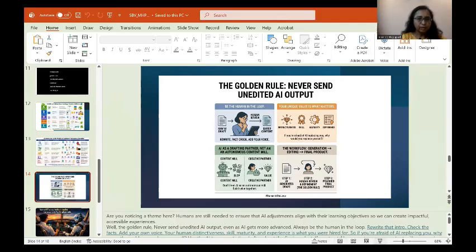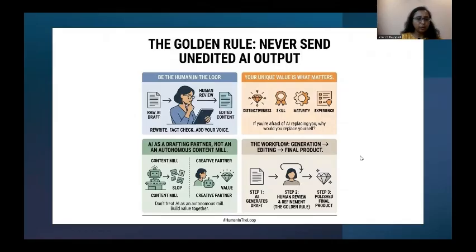But there is one golden rule that we should not forget, and that is that never send unedited AI output to anyone. Always be the human in the loop. Humans are still needed to ensure that AI outputs align with their learning objectives. Always be the human in the loop. Rewrite that intro, check the facts, add your own voice. Your human distinctiveness